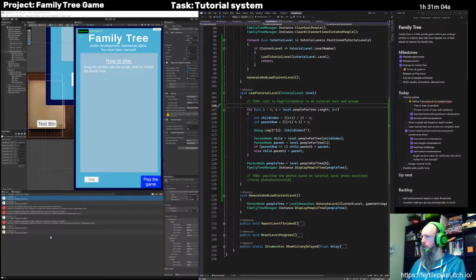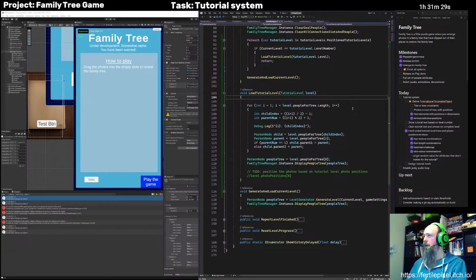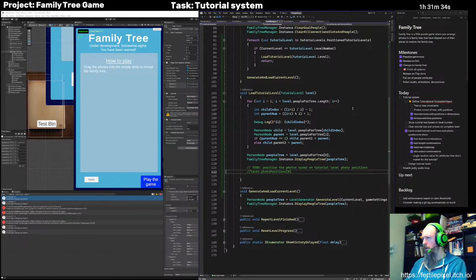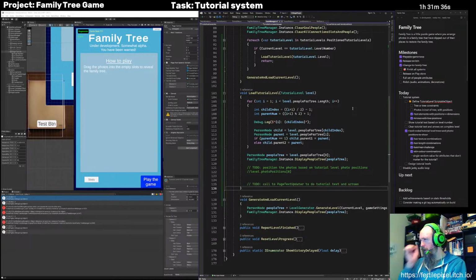And yeah, I think generating level does seem to fail if there are not just the right number of people for a generation. But I can work with that for now, and I can fix it if it bothers me too much later. So what I'm not doing is positioning the photos, and I'm also not doing the text. So why don't I move that to-do to here after those photos? Doesn't really matter where this happens, but